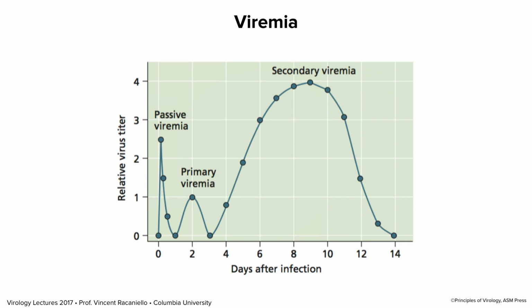Once the virus is in the blood, it can reach any other tissue or organ. When it finds one that it can replicate in, it replicates there, and that produces a second burst of viremia, which we call the secondary viremia. All right, so we have passive, primary, and secondary. The primary is replication at the initial site of entry. The secondary is from distal sites from the initial site of entry. And the distal sites are seeded by virus in the blood.